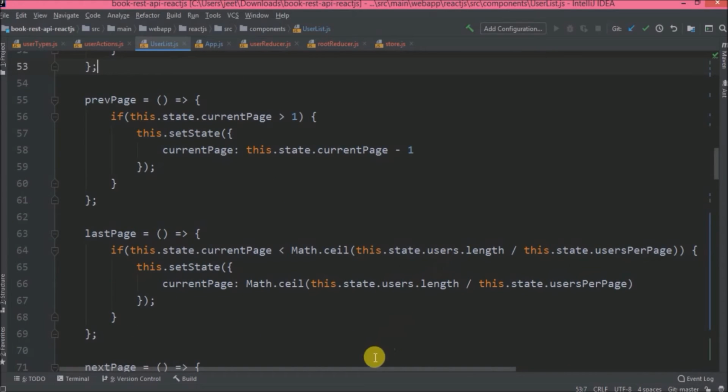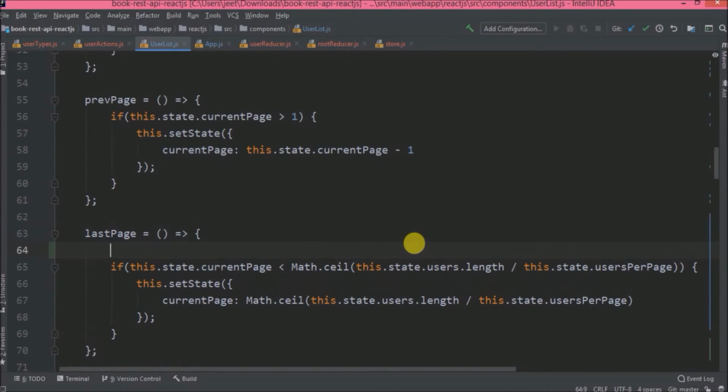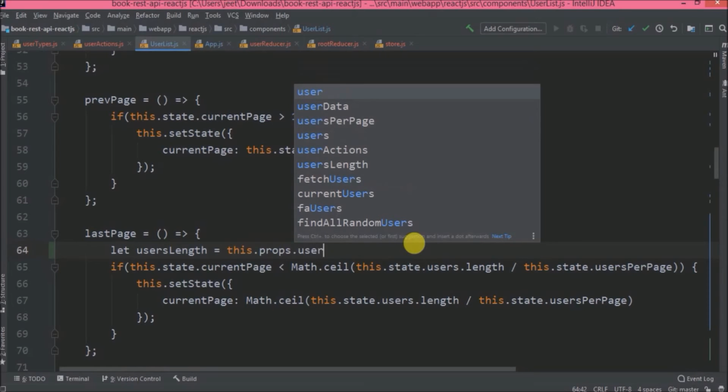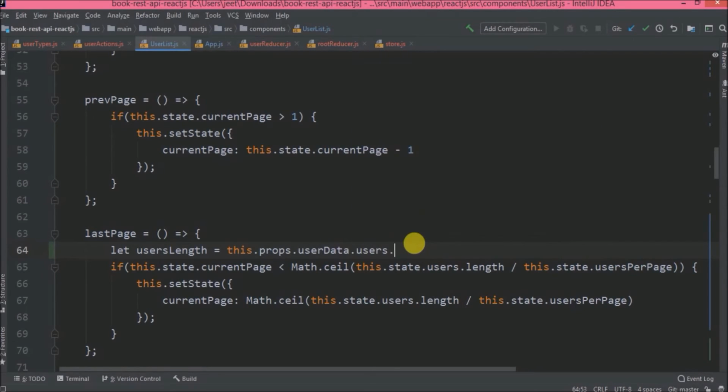Here you can see we are getting the users length from the state, but now we cannot get the users.length from the state. We need to use props. So let's add the required changes. Here we are using this in two places. So let's create a constant for usersLength and assign the value which we are going to get from props. So now use the usersLength.